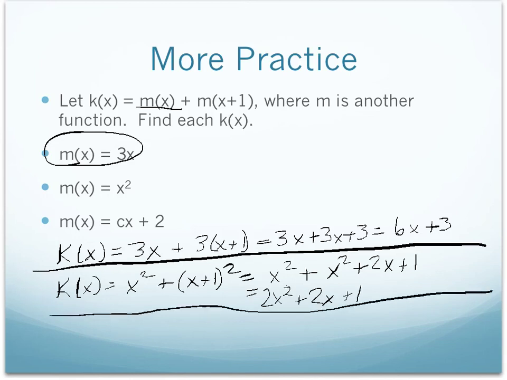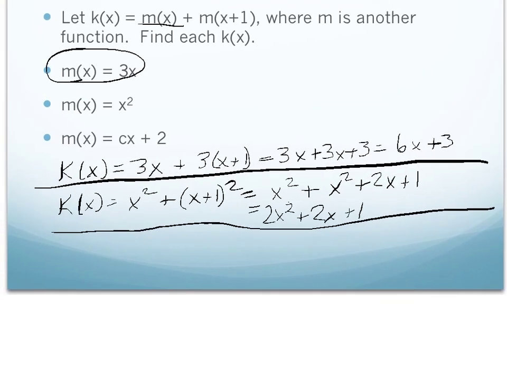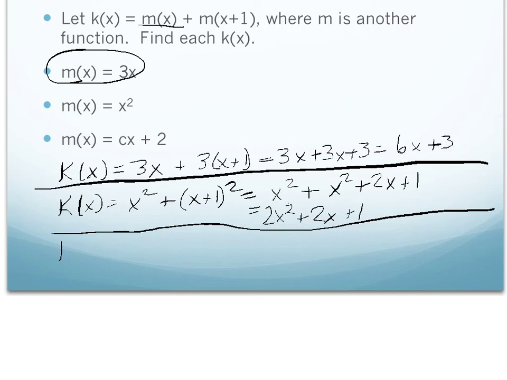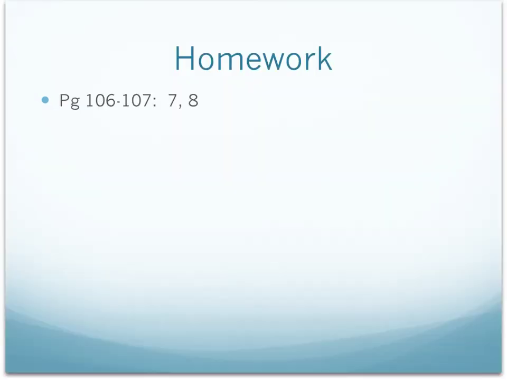Finally, we have m of x equals cx plus 2. So if we plug this into k, remember k is m of x plus m of x plus 1, then k of x will equal cx plus 2 plus m of x plus 1, which is c times x plus 1 plus 2. So what we're going to get is cx plus 2 plus cx plus c plus 2. Combining like terms is going to give us 2cx plus c plus 4. So k of x in this instance is 2cx plus c plus 4. And that is the